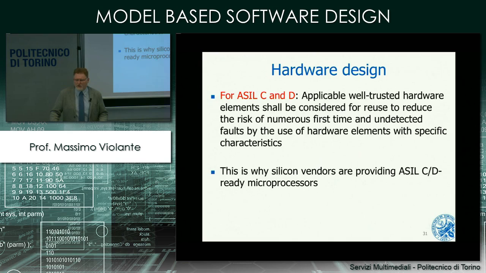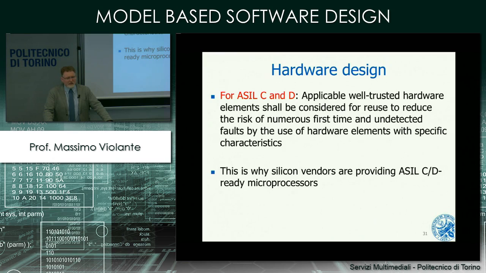And so, guess what? They will charge you more for that microprocessor. If you have a certain instruction set and you don't care about safety, you can get the microprocessor for 1 cent. If you want the same instruction set that is ASIL-D compatible, you can spend 10 euros, okay? You have to pay more, but this extra expense is justified if you have an ASIL-D or ASIL-C application and you want